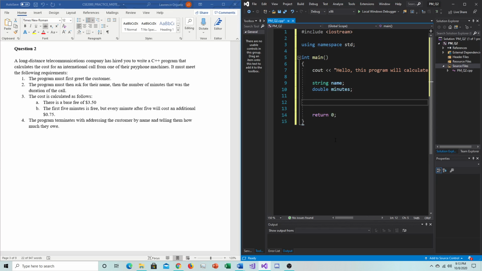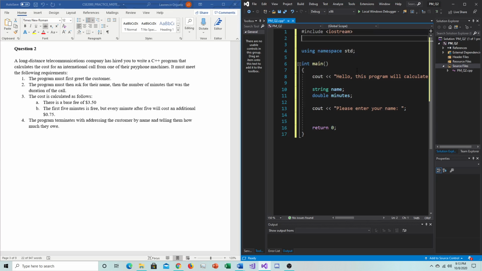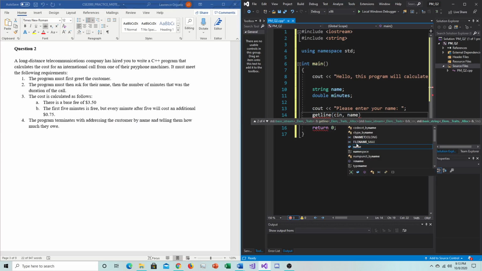So cout, please enter your name. Okay. cin. Well, I want to enter a full name, so I'm gonna do what we've done before and include string, which gives me access to the getline function. So getline cin name,